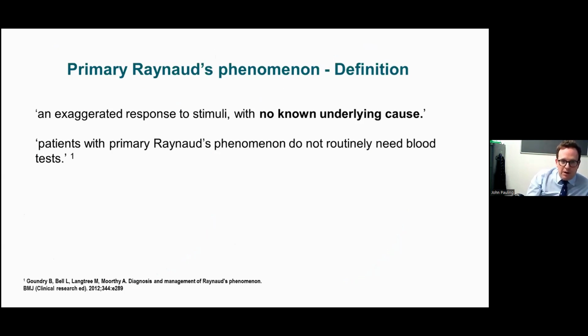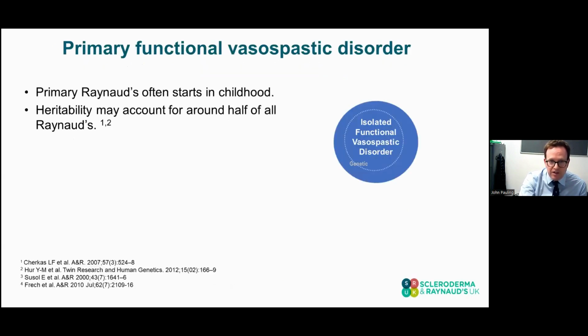So I've talked already about primary Raynaud's, and I think it's still helpful to just reiterate these ideas and themes, but definitions: an exaggerated response to stimuli with no known underlying cause. And as I mentioned previously, these conditions usually emerge in late adolescence or early adulthood. And this has led people to think, well, if this is a group of people who have a primary functional vasospastic disorder, so what I mean by that is there is something that makes their blood vessels more responsive to cold than other people,